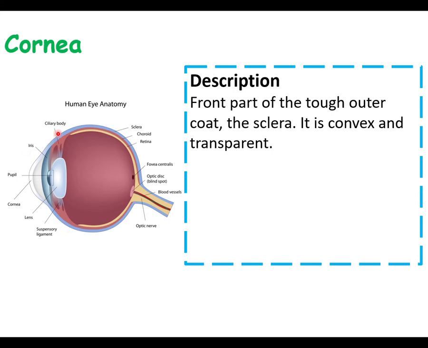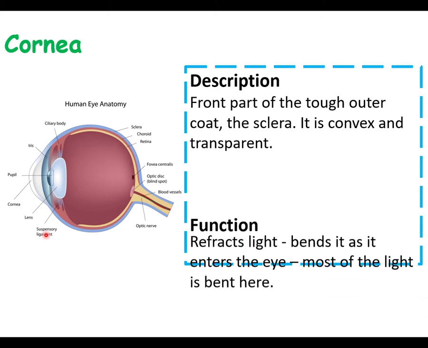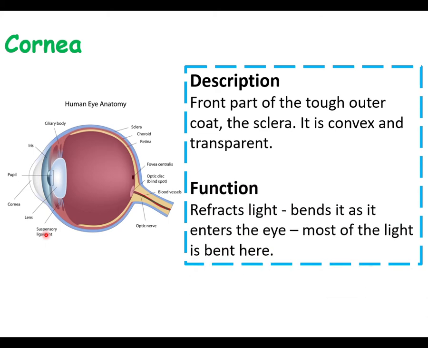So it's connected to the sclera, the sclerotic layer, which is white, but this is a sort of circle of colourless and transparent tissue, and its main job is to refract or bend the light as it enters. Now we'll do more about this next lesson. Basically, as light enters, it has to be bent so that it can focus. So it comes in and it has to be bent so it can focus on the back here at the